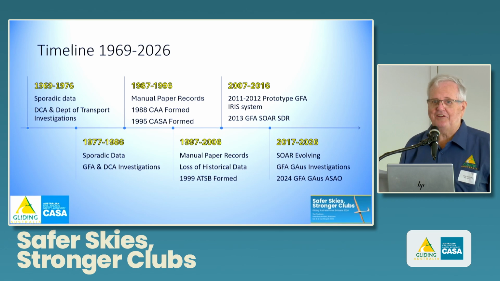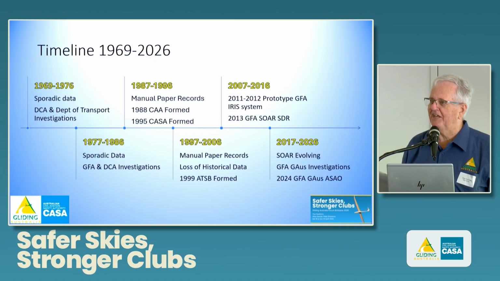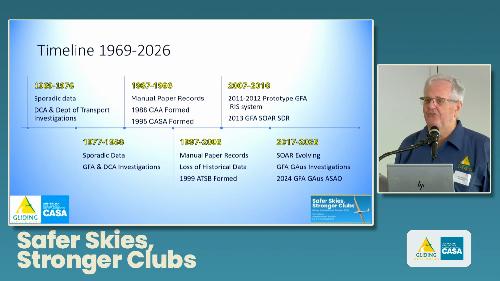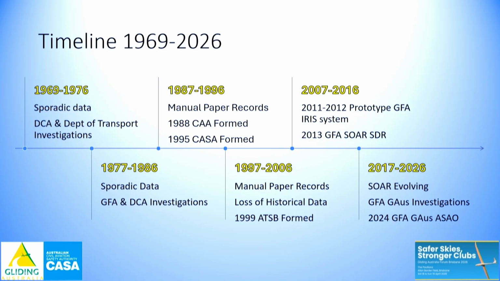Meanwhile, GFA in those days lost pretty well all of its paper-based records in a bushfire at Junee, Kevin Olahead's place. In the bushfire, that's where we lost decades of paper-based wisdom that had been collected. So we've had to rediscover some of that. But we've got probable gaps in our data and analysis from those days.